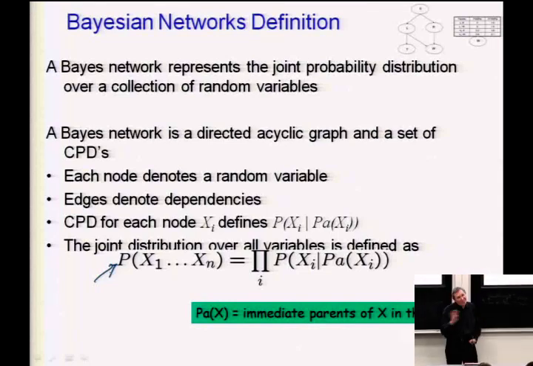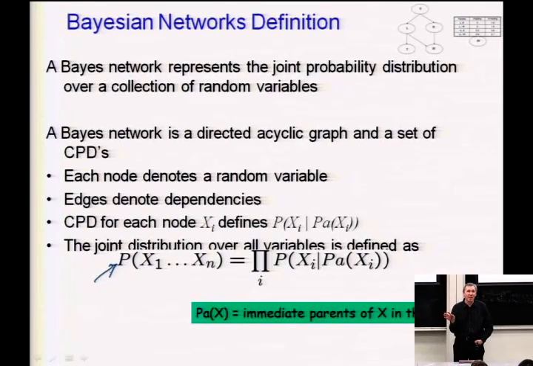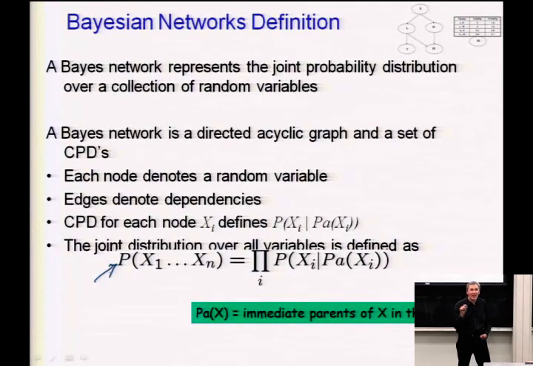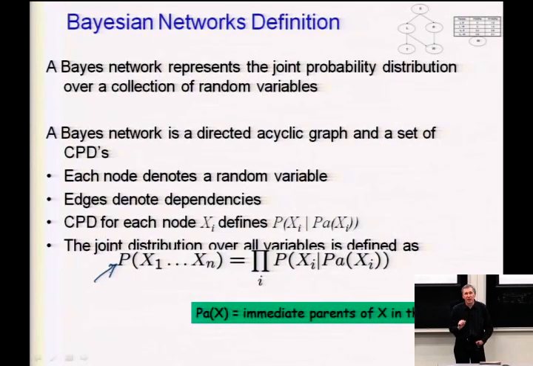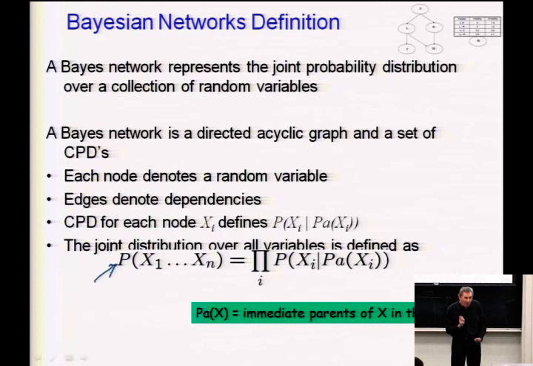It turns out, unfortunately, inference in Bayes nets is also NP hard in general, in the worst case. But for some kinds of Bayes nets, as we'll see today, we can actually do inference in a lot less than 2 to the n complexity. Okay, so that's one way it pays off. But it also pays off